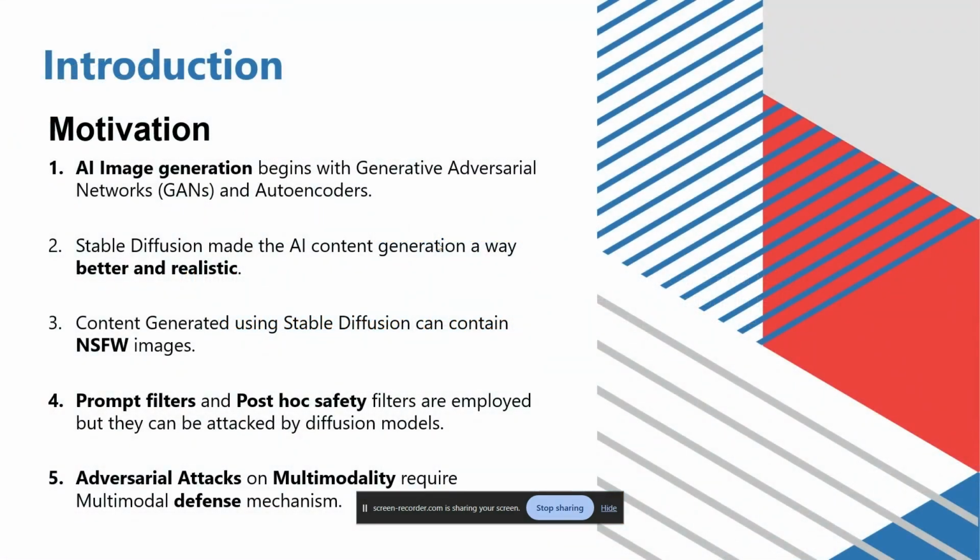So AI image generation started with generative adversarial networks that generated images that were highly realistic and impossible to distinguish. Stable Diffusion fueled that AI image generation by offering more realistic and better images, and content generated with Stable Diffusion can also contain unacceptable images. Prompt filters and post hoc security filters are employed to safeguard Stable Diffusion, but they can be surpassed easily using adversarial attacks on